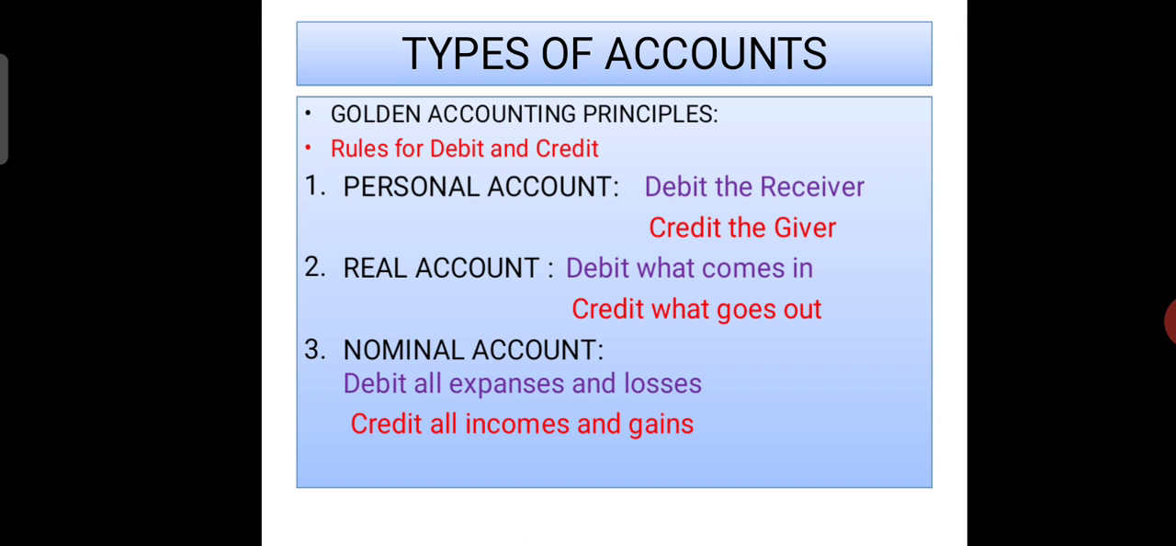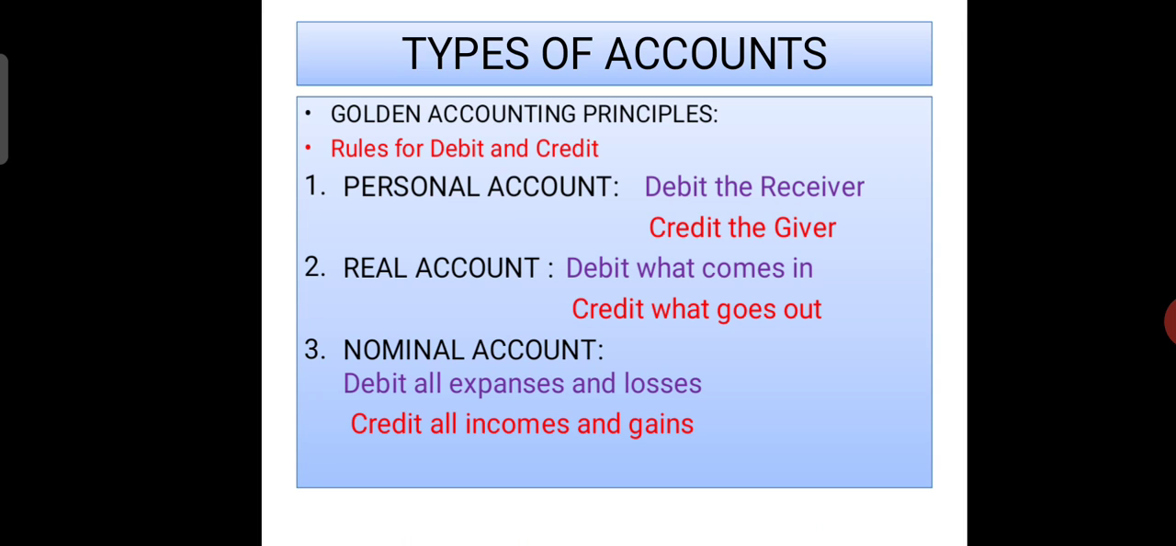For example, you paid salaries of rupees 10,000. Salary is an expenditure to the business organization, so that expenditure, the salary account, should be debited. What goes out of the business when you paid the salary? Cash. Cash comes under real account. So as per the real account, when the cash goes out of the business, that should be credited. Okay, similarly